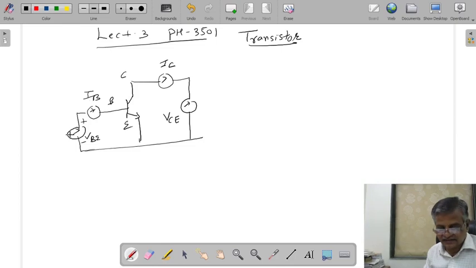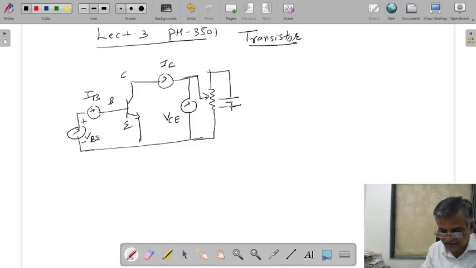You know what characteristics are? A graph of current versus voltage is called characteristics. To know this, we have to vary this, so I am using a potentiometer circuit. Here I am connecting the plus and minus supply. Here I am connecting one more supply, with its plus and minus.